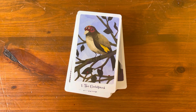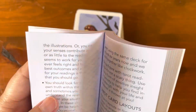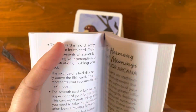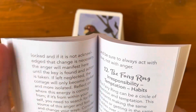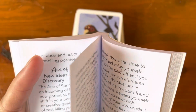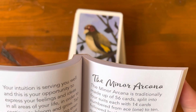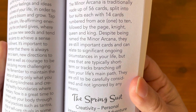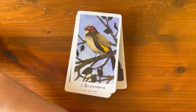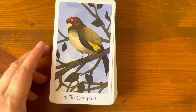But I want to take a quick look at the guidebook to see when I get to the seasons, do they give a little cheat sheet as to whether it correlates to the traditional rods, wands, whatever. No, it doesn't. Like the spring suit, it says creativity, personal interest, action, adventure. So I'm assuming that would be wands. So I'm going to leave this open just to have it handy. But let's zoom in. As you can see, there is a thin white border,